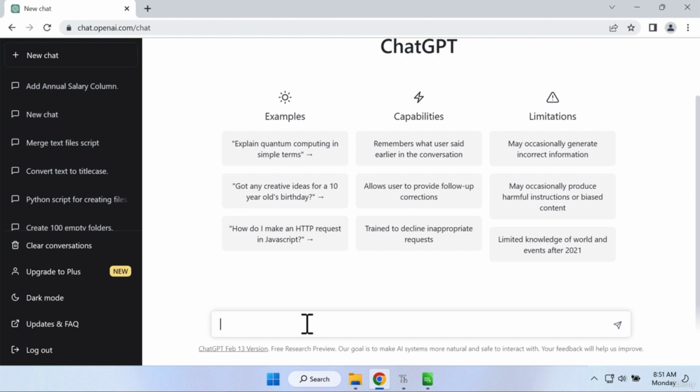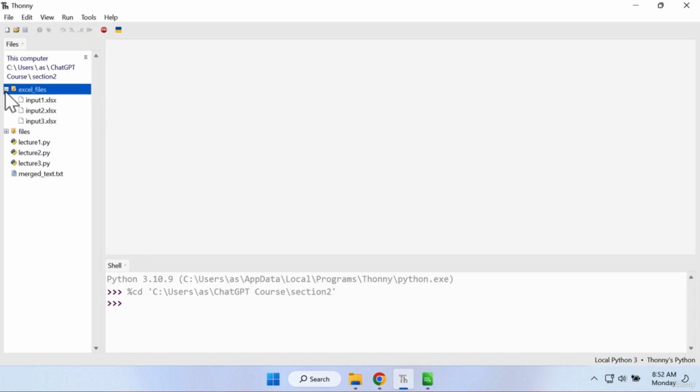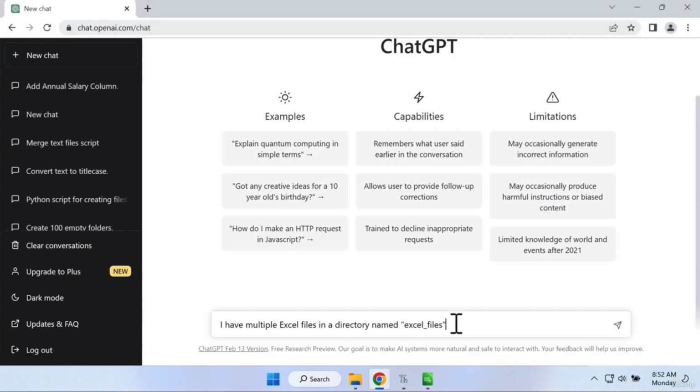So again, you want to describe your input data, your input files. I have multiple Excel files in a directory or folder if you like. It's the same thing. So the name is important, Excel_files. Don't forget the underscore. The name should be exactly as what you see here. So we are describing that the files are inside this directory, and the directory has these exact names, so with lowercase letters here as well. So we do this top-down approach where we describe the folder first, and then we describe